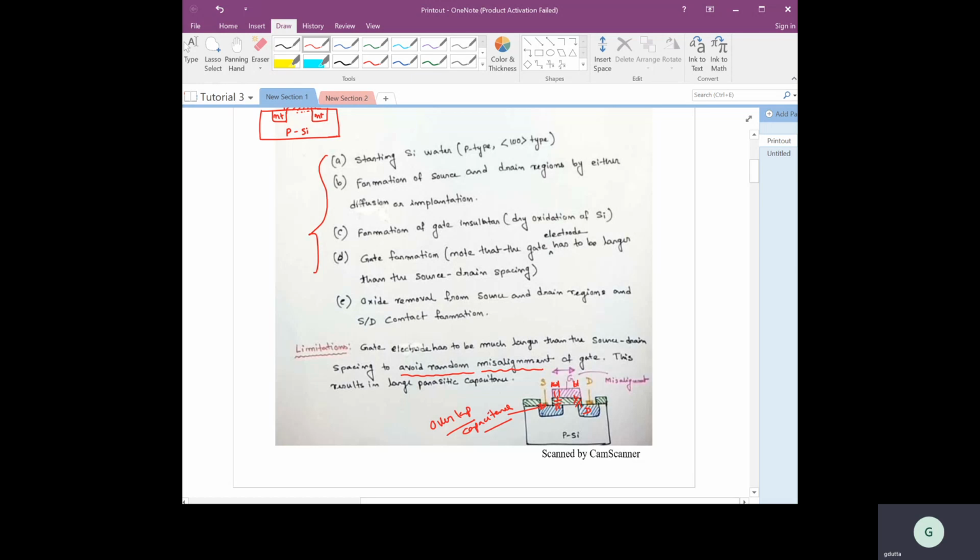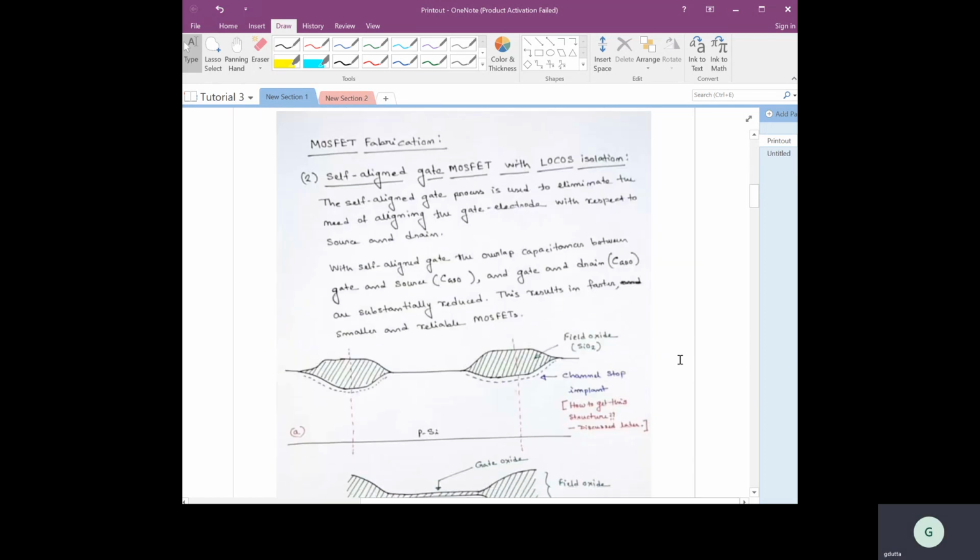So to avoid that, one technique that was invented a bit later on, and which was quite popular, is called the self-aligned technique. By that time, people had also understood that a metal is not going to be a very good option for the gate for this next technique, the self-aligned technology. You have to introduce some different material for that as a gate. So let us see that.